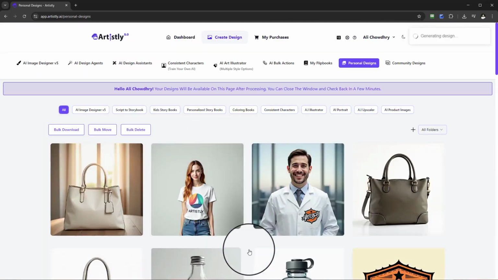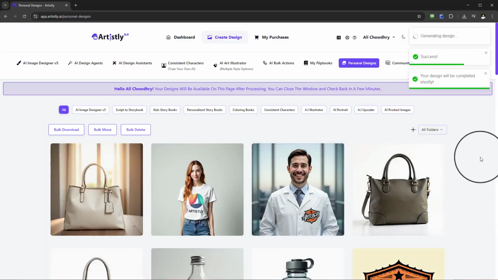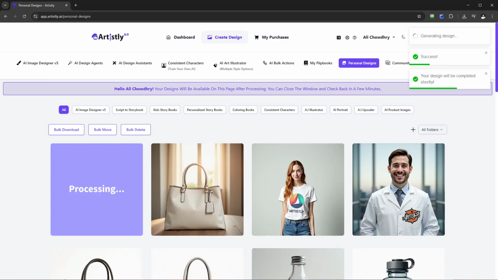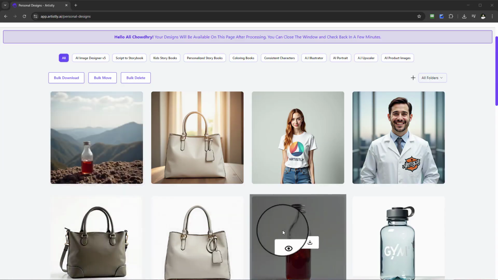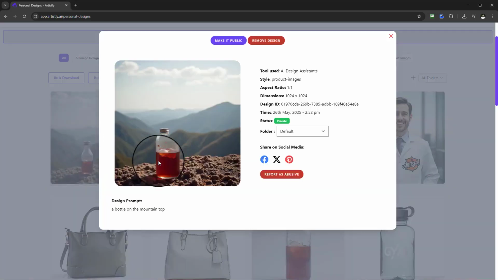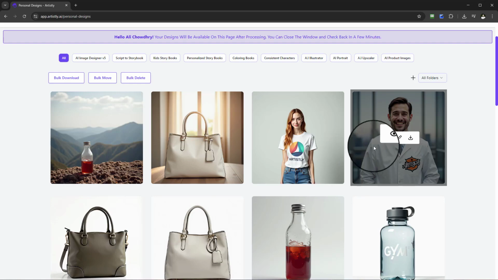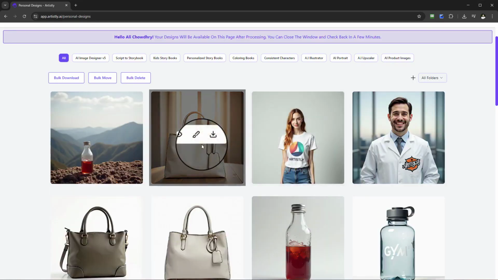That's where we need the placement to be, and we'll give that a few moments for that to render, and we shall return. And there we have our drink. You can see that drink there on the mountain top. So don't be afraid to try as many different variations as you want to get the best result, because sometimes there can be a little bit of issues when it comes to AI. However, it's incredibly accurate, and it's just about